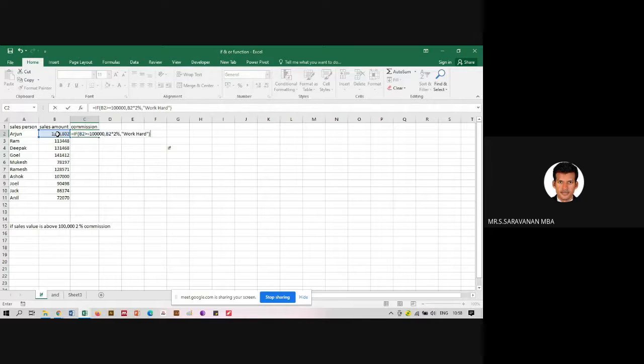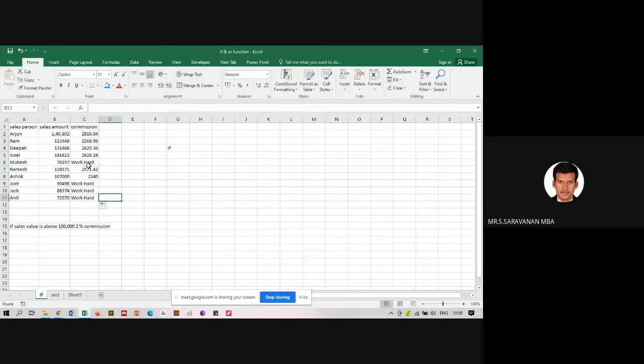Close the bracket. The first salesperson has got 2,800. Mukesh, Joel, Jack and Anil have not met the criteria. So the IF condition tells them that they have to work hard to achieve the target. This is another way of using the IF condition.